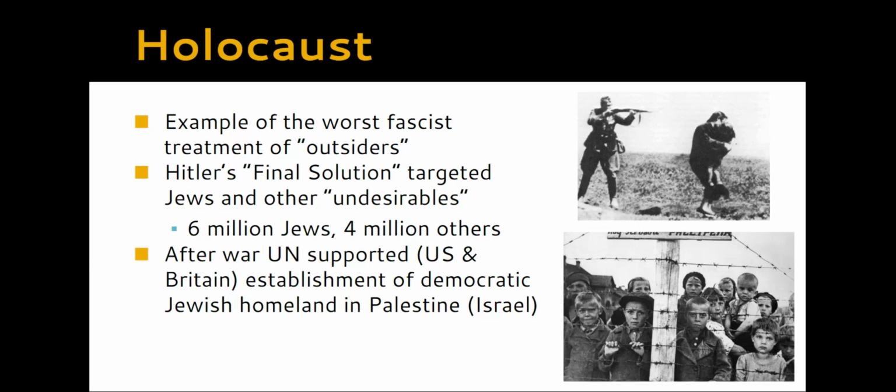The Holocaust really gains a lot of momentum in what is called Hitler's final solution. He's trying to solve a lot of problems for Germany. And remember, they were talking about Jews being a huge kind of population to blame for their problems. During his final solution, which is basically the bulk of the genocide that happened, he's targeting Jews and undesirables. So there's about 6 million Jews that were murdered and 4 million others.